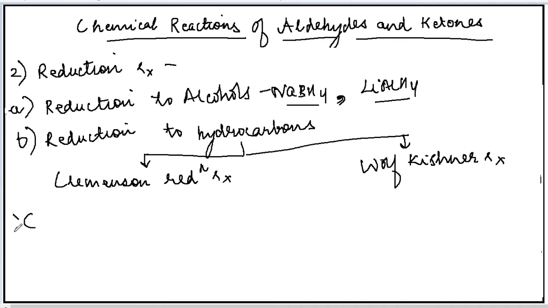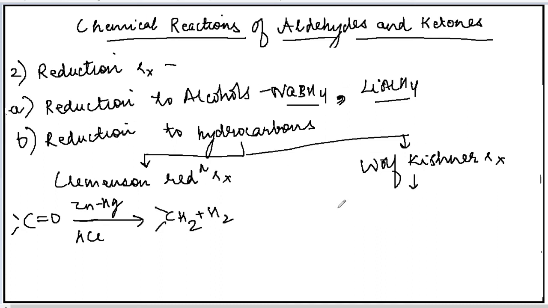Look at the Clemmensen reduction reaction. In this, the aldehydes or ketones, that is the carbonyl group, will be reduced in presence of zinc amalgam, and in this the carbonyl group will be reduced to CH2 group. Okay. So Clemmensen reduction reaction takes place in presence of zinc amalgam, and in this the carbonyl group will be reduced to your CH2 group. Zinc amalgam and hydrogen chloride is also used.